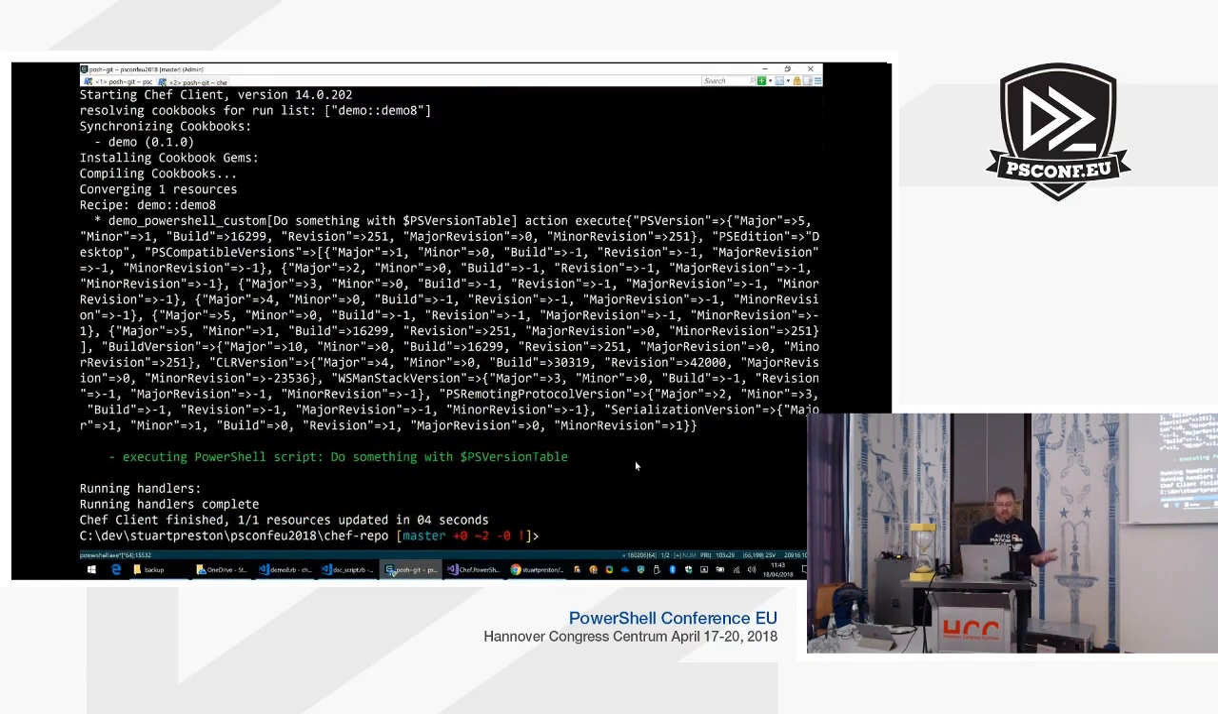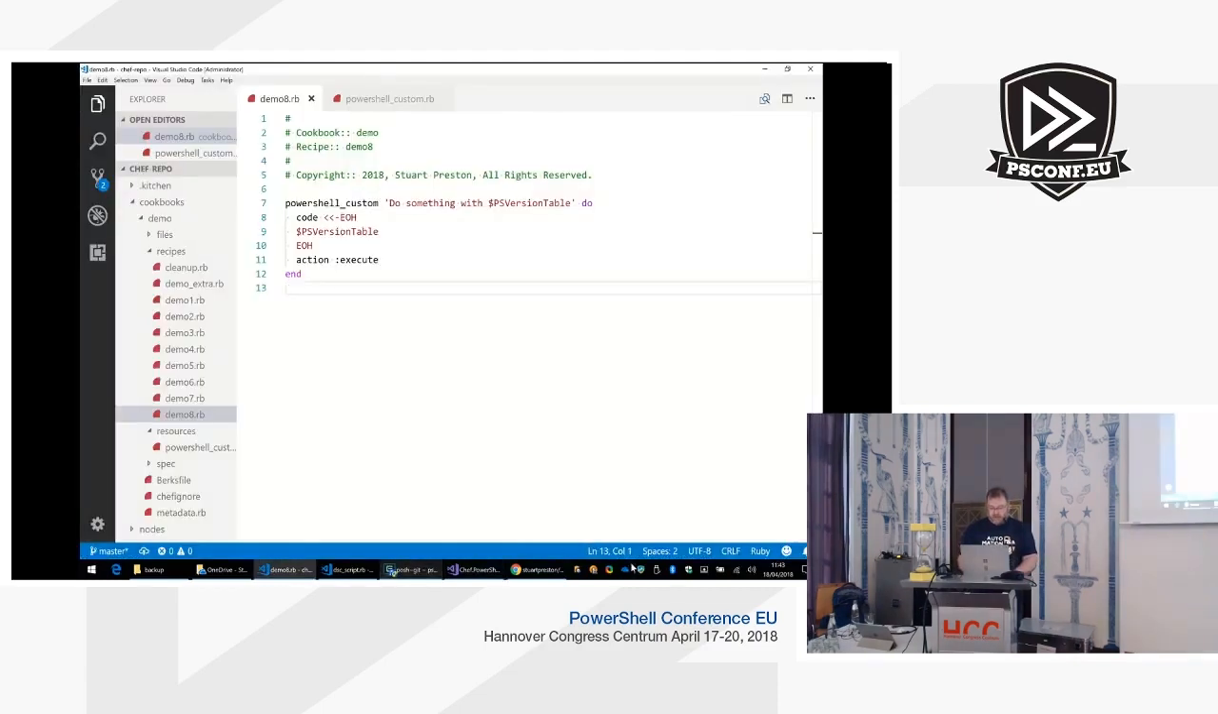We can see in here, all I did was spit out the output from the PS version table, but it runs a lot faster. And what we actually want, if I flick back to slides,